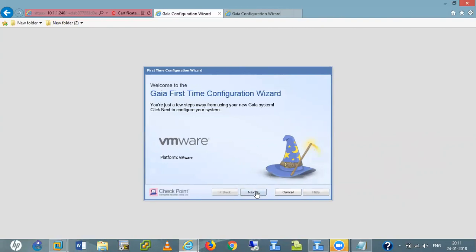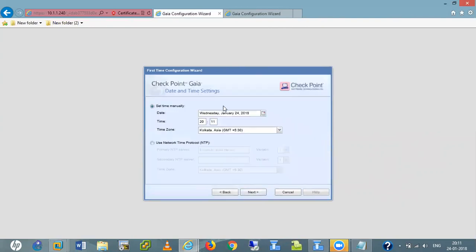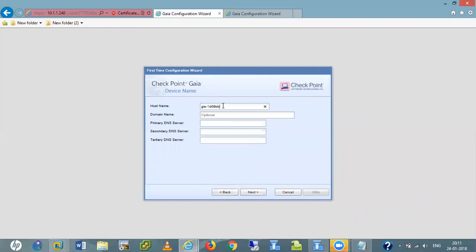I go next. Here I set the time. Here I give the name, this is my backup checkpoint management server. Here I give the domain name.